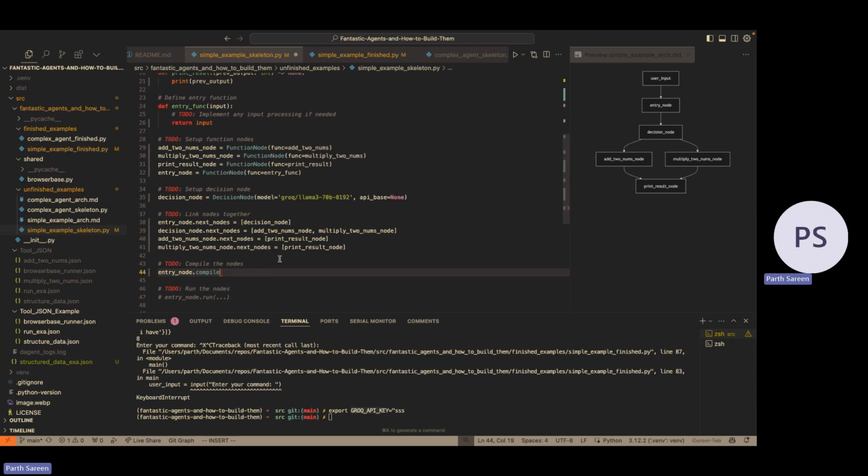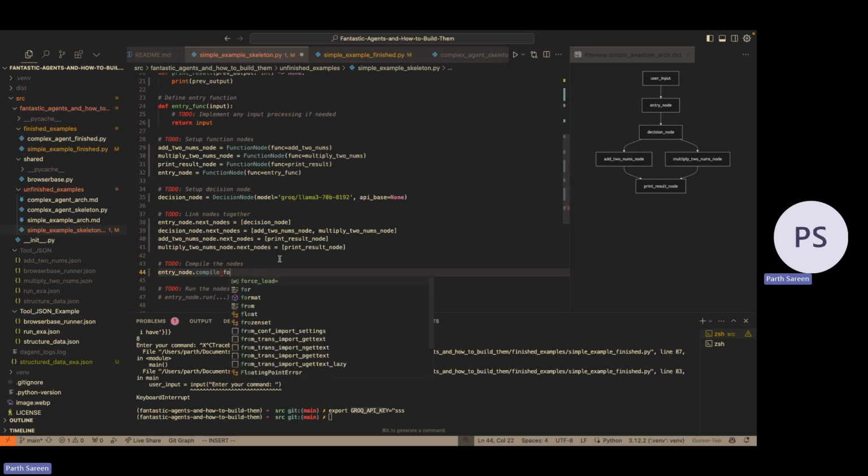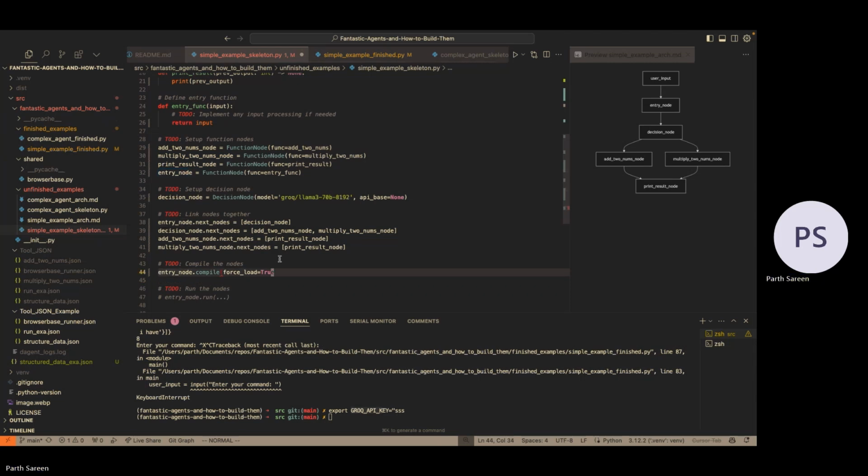Okay, the next thing we need to do is hit compile. The only thing here I would say is you need to make sure your force load is equal to true when there's any kind of function change. It is defaulted to false. But let's say you change the signature of your function, what the input and output is. There's no automatic diff yet because I haven't written that. You just need to do it yourself, so just do force load true.